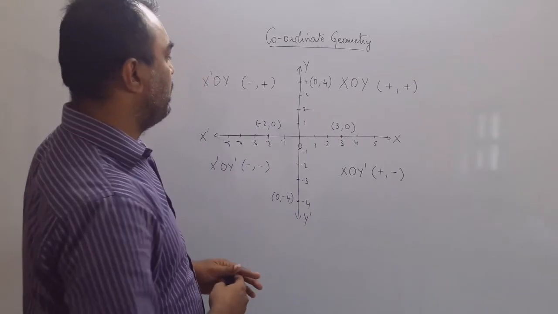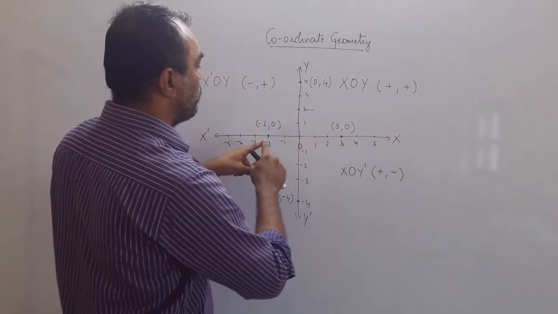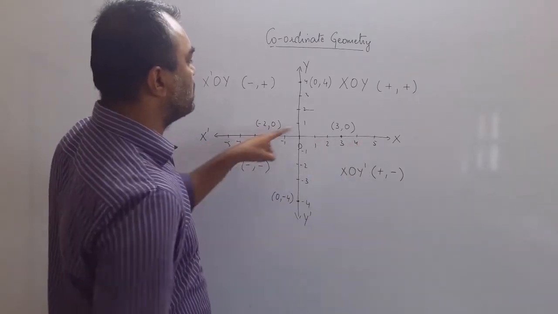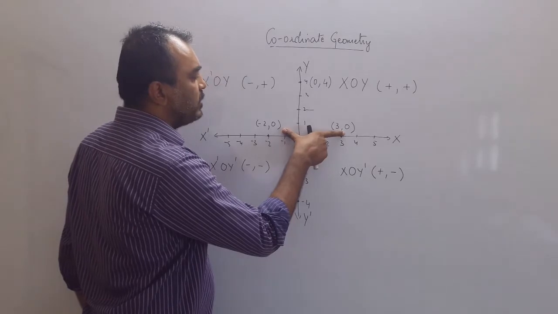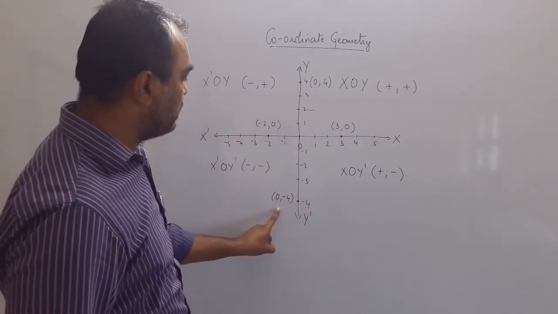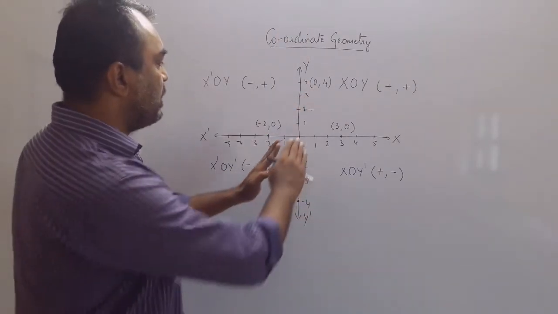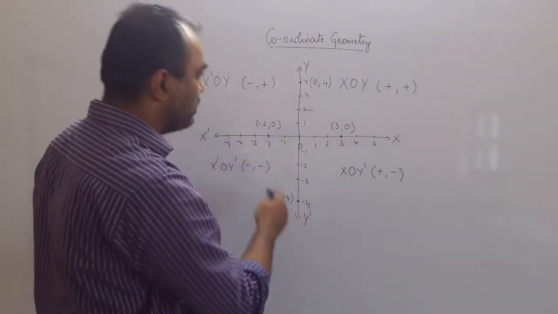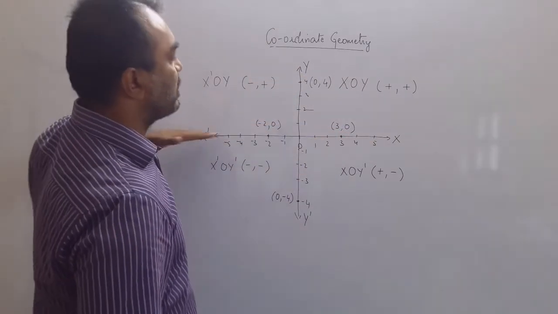So what you can see, when the y coordinate is 0, the point is on the x-axis. It means when the x coordinate is not 0, the point is somewhere on the x-axis, but the 0 means neither top, neither bottom. So when the y coordinate is 0, the point is on the x-axis, and when the x coordinate is 0, the point is on the y-axis. This 0 means neither right, neither left, exactly in the center. And this 0 means neither top, neither bottom, exactly in the center.